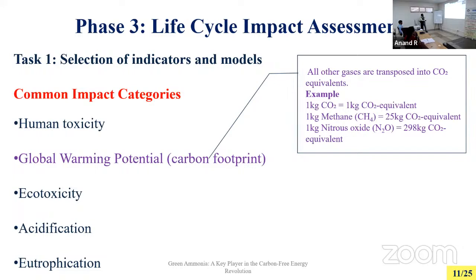Then ecotoxicity, acidification, eutrophication. All the gases are transposed into CO2 equivalents, whether it is NOx emissions or SOx emissions or any other forms of emission, you have to convert into CO2 equivalent. Normally, even some of the gases are not going to be converted into hydrogen, maybe in the steam methane reforming. Then methane also comes out in the reactor. Maybe sometimes leakage also happens. So every constituent is going to relate to the CO2 for doing the global warming potential study.